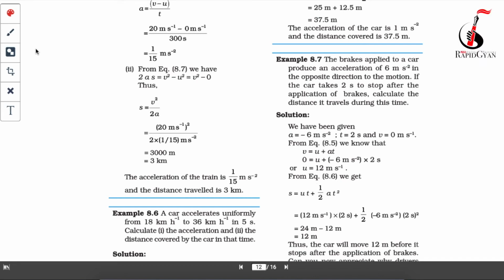So guys, in this video we are going to solve the numericals on equations of motion which we have studied in our previous lecture, means in our previous video. I'm expecting all of you have gone through my previous videos, not only the videos related to these numericals, but the videos from the beginning of this chapter,